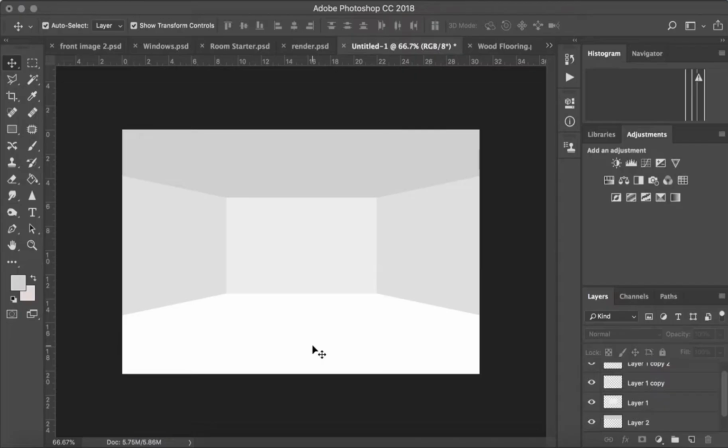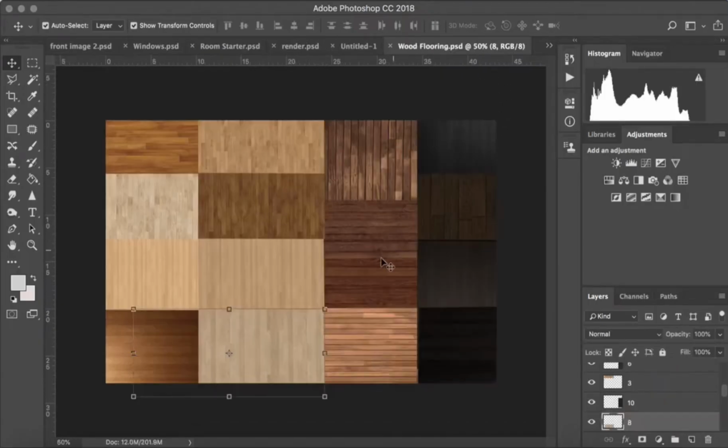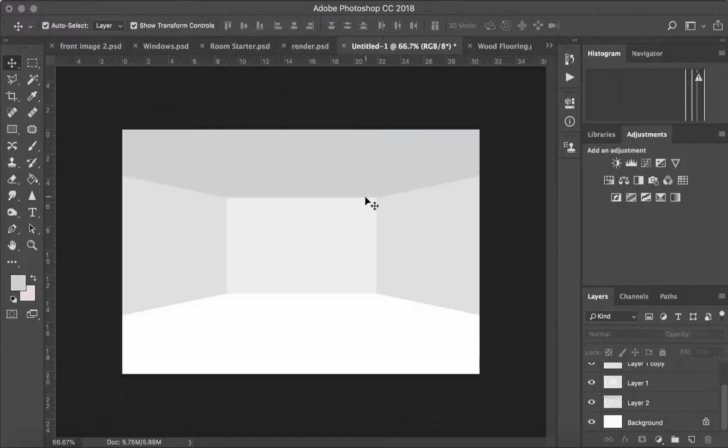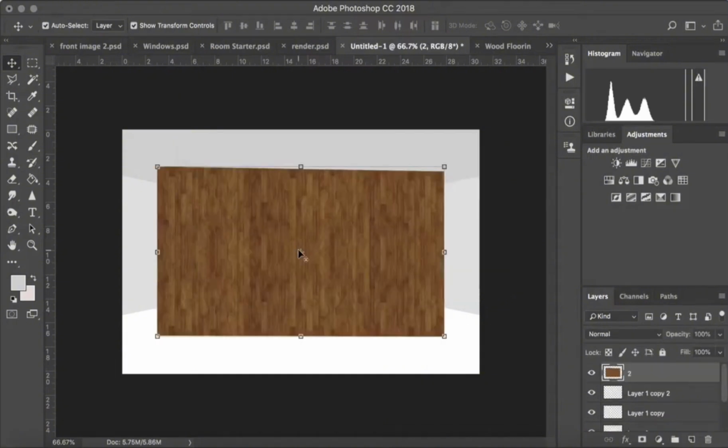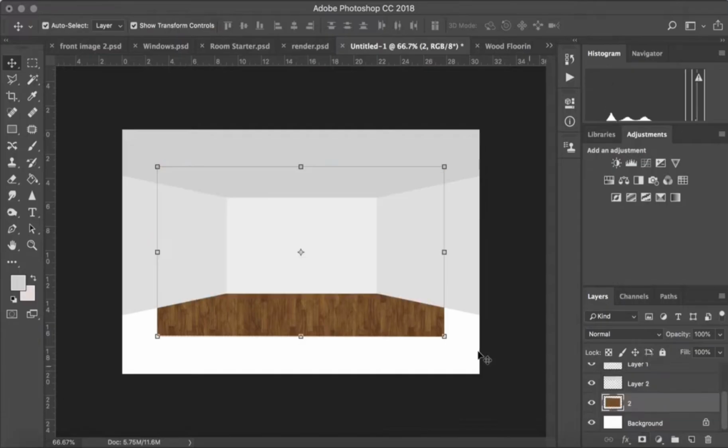So I've been working recently on a Photoshop kit that has 30 different files for Photoshop that you can use for your room renderings, and one of them includes all these floor resources that I've collected over the years. So I'm gonna choose a floor. I'm gonna copy it into my Photoshop file. Okay,